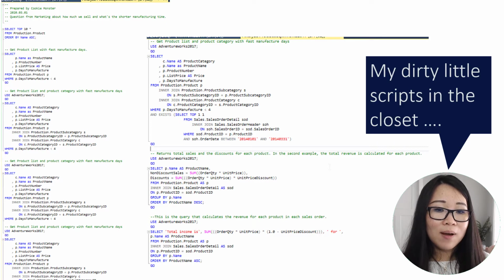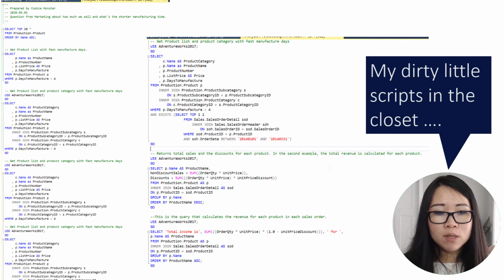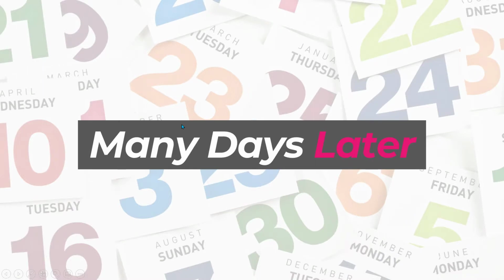These are all my SQL scripts in the closet. So I've got lots of select statements that I was trying to figure out what the database looks like or what the tables look like, and then which tables to use, and then figuring out how to write the right things for the right queries to answer the business questions. And many days later,